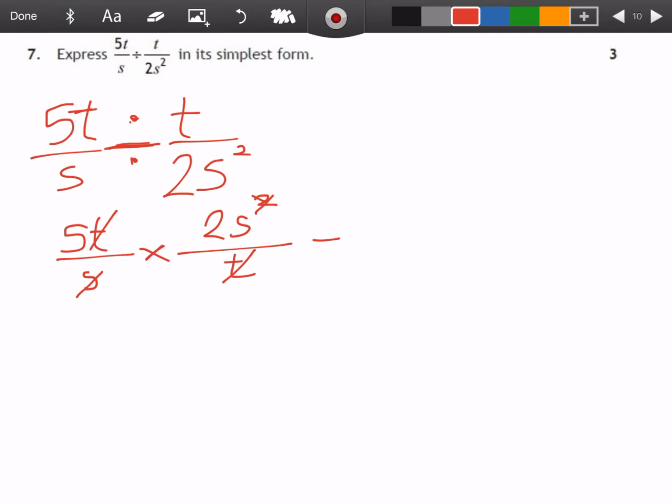Okay, right, what am I left with? On the top, that's a 5 times 2s. 5 times 2 is 10, so it's 10s. Am I left with anything at the bottom? The s went and the t went, and that is it. That's the answer. 10s. So remember, go back, try the questions that I've attached that are relevant to these ones,